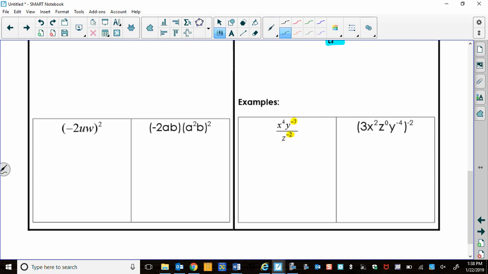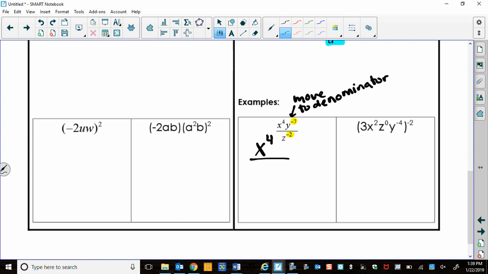Basically, long story short, the x to the 4th power is the only one that stays where it is because there's no other x's that I have and there's no negative exponent, so that's going to stay in the numerator. However, the y to the negative 7, remember we cannot have a negative exponent, and in order for us to have a positive exponent, we have to either move it to the denominator or to the numerator, depending on where it is. So this right here, I have to move to the denominator in order for it to be